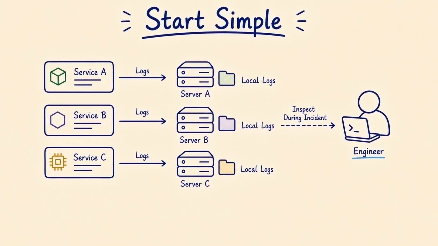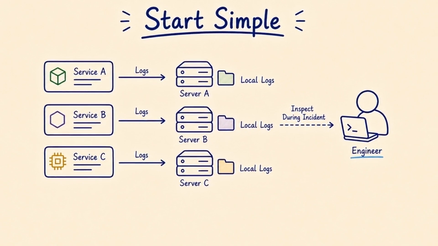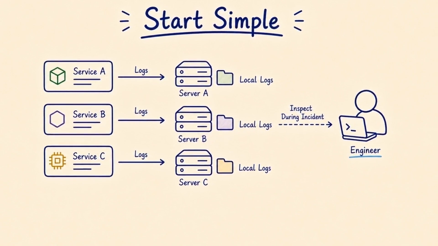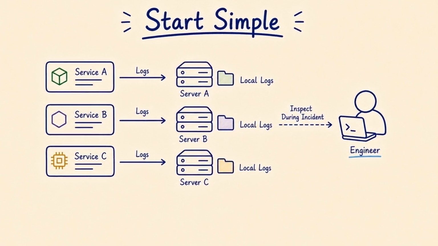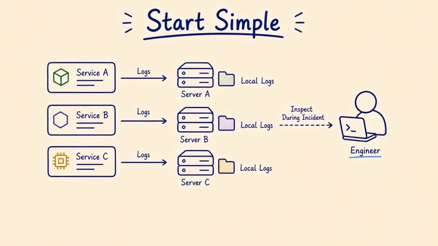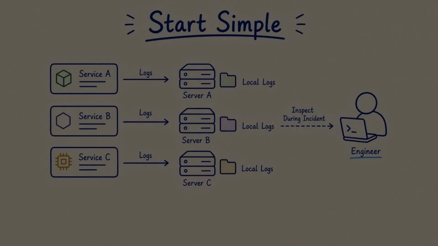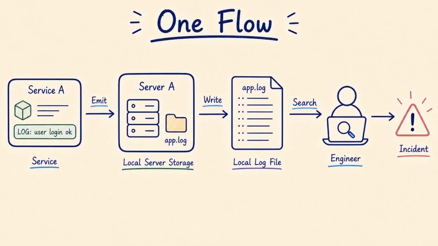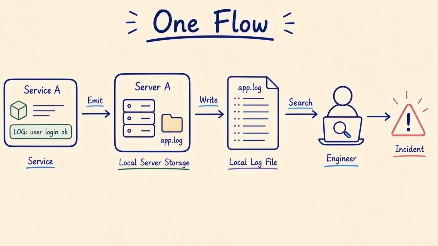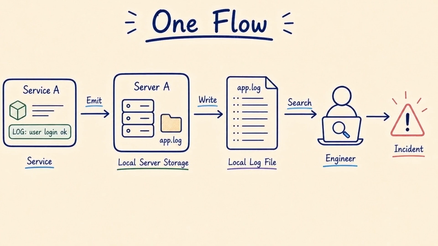The smallest version that can work here is: each service writes local logs and the team greps around production machines when something breaks. That gives the team a baseline before complexity earns its place. Next, I walk one normal request or event through the simple design. That is where the useful questions start, because the path reveals what each component actually owns.